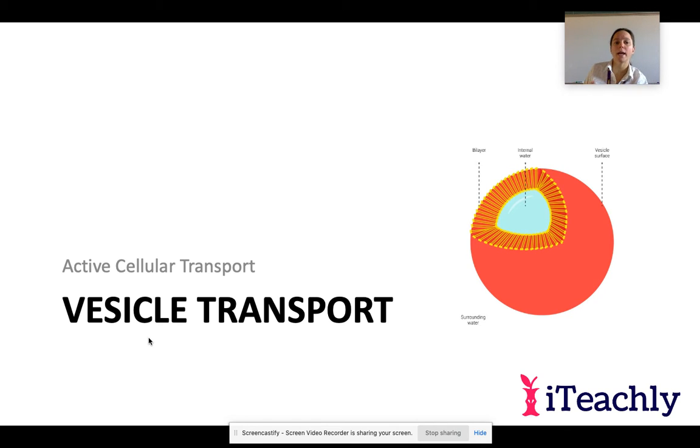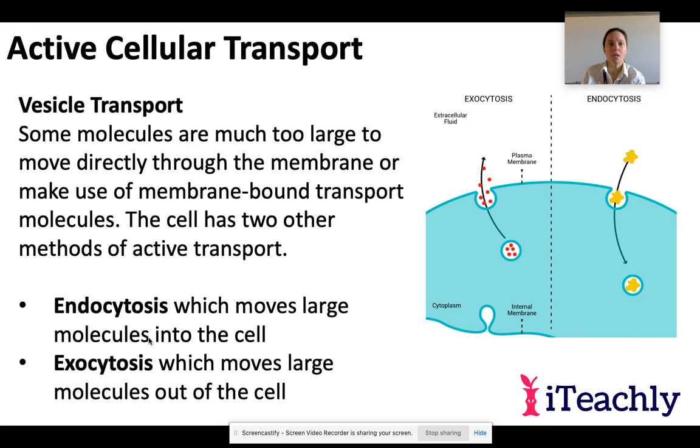So now let's go ahead and look at vesicle transport. This is when we're going to be using that baggie I used before to move things in and out of the cell membrane. And so vesicle transport is just that. Remember, the vesicle is just that little container that holds particles. And so what happens is, depending on which direction it's moving, into the cell or out of the cell,